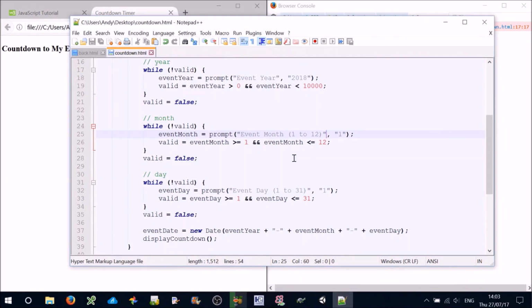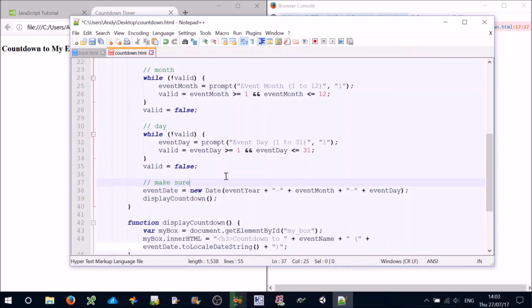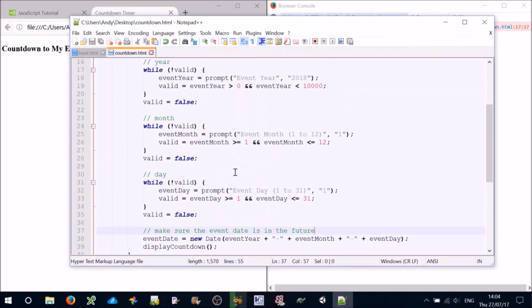Of course, this isn't perfect. I'm sure people who really wanted to break it could, but just for the beginning stage, this will do. Now, what else? Well, we should make sure the event date is in the future. To do that, we'll